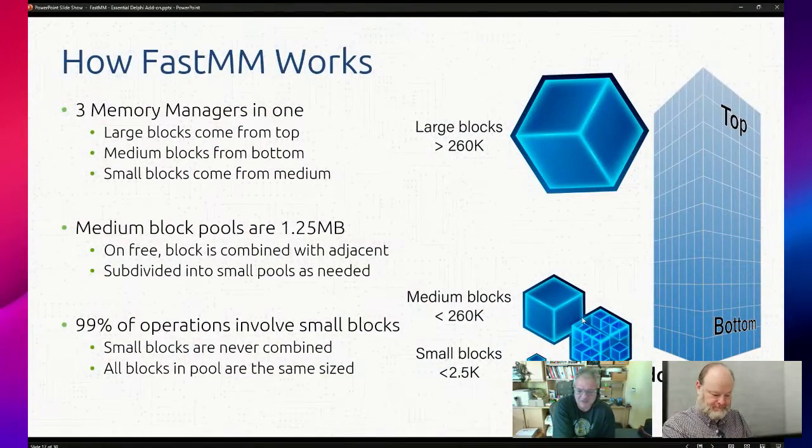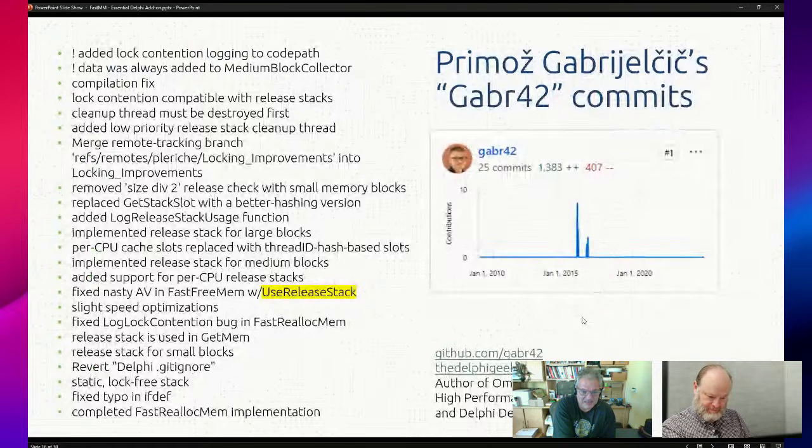And that's something that I actually did to speed up our server applications, because we did get improvement with FastMM over the previous Delphi memory manager. But sometimes some operations were still slow, and then I kept digging, and I did implement a debug switch, lock memory manager contention, something like that. It's in the FastMM somewhere. And if you define it, it will tell you where in the code you have this problem, where in the code your threads are fighting to release data.